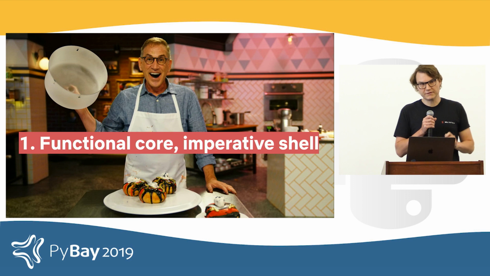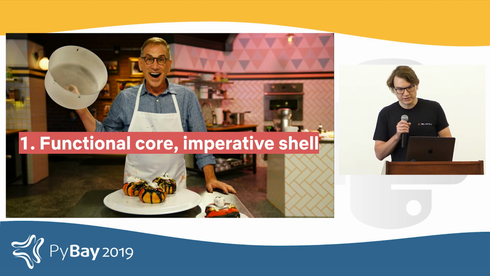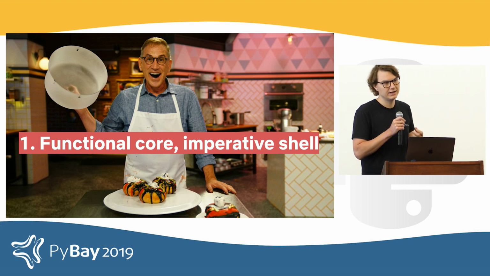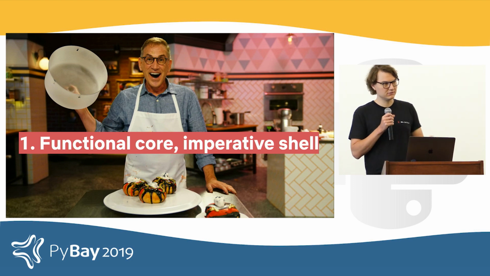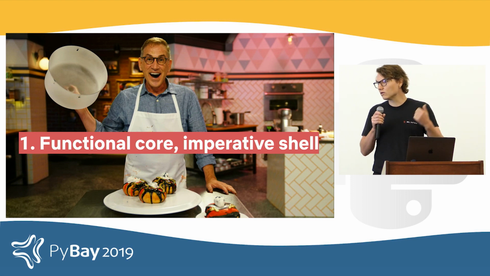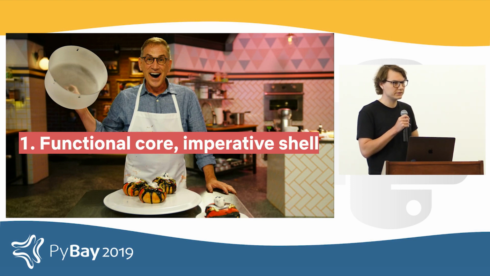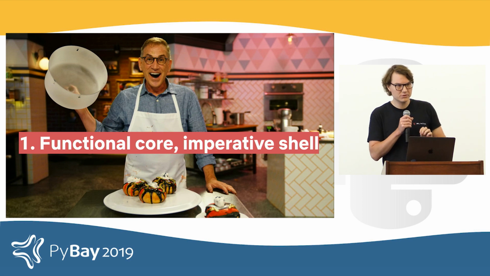The first of the five things that we want to share with you today is the idea of having a functional core and an imperative shell. This phrase is not invented by me, or by us. If you Google for it, it has been around since at least 2012. There are many great presentations about the idea. It also goes by another name, the clean architecture. There's even one called the clean architecture in Python. It's a pretty good presentation, so you should take a look.